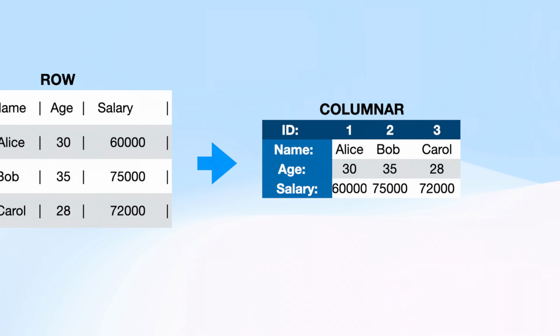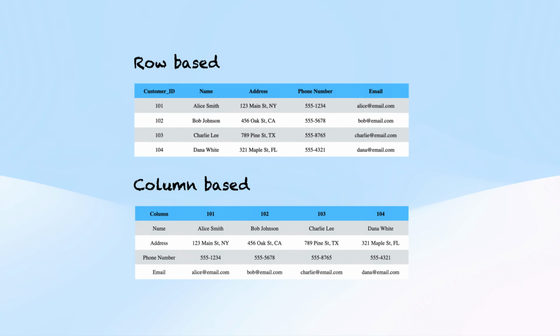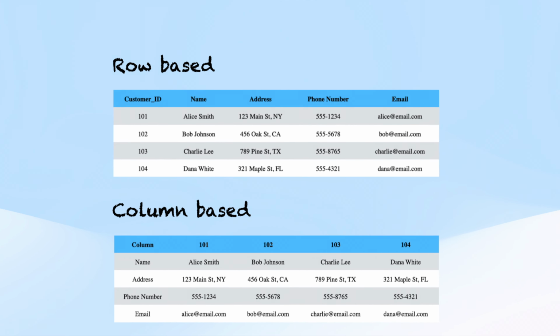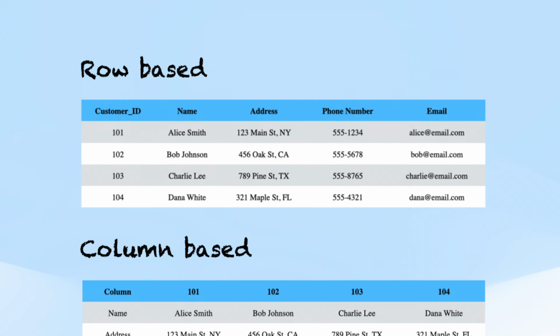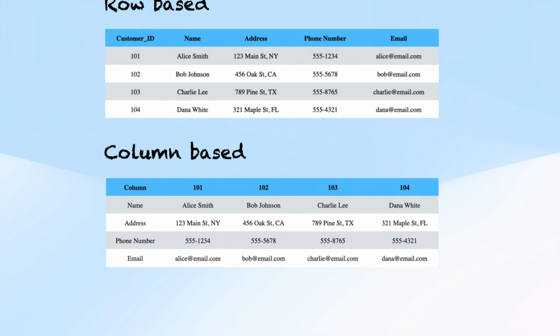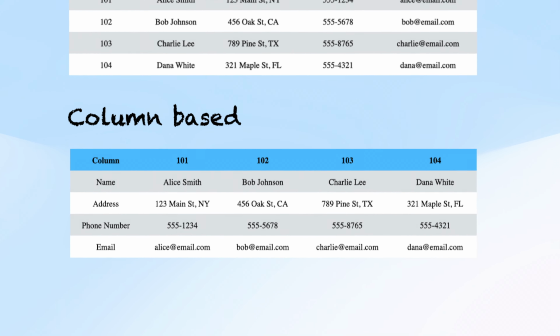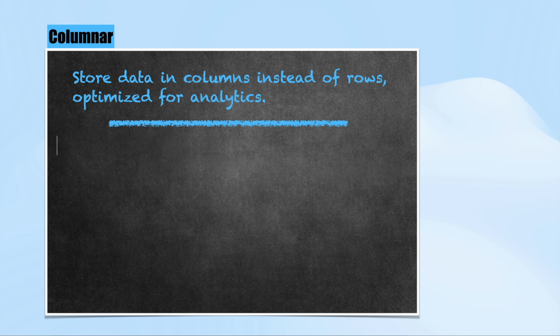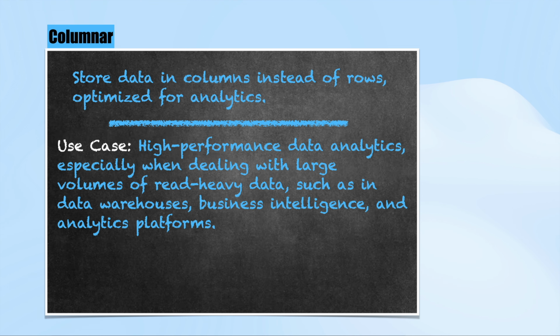To give you an idea, let's say we are working with a table that holds customer information in a row-based database. Each record will store all the information in a single row: name, address, phone number, etc. But in a columnar database, all the values for each individual column are stored together, making it super efficient for certain types of queries. Columnar databases, as I said before, are optimized for data analytics, particularly when you are dealing with large